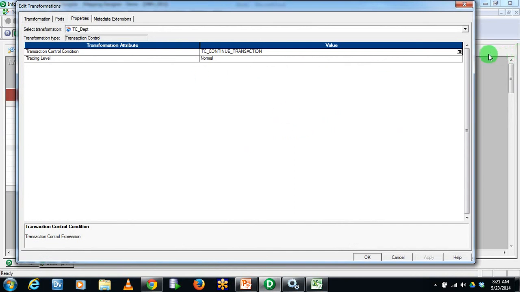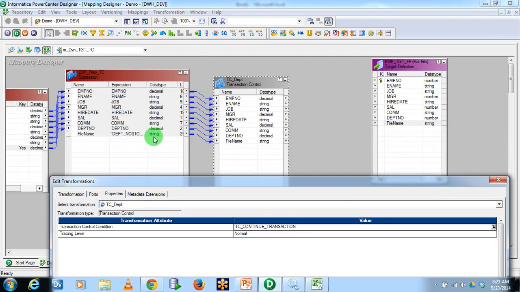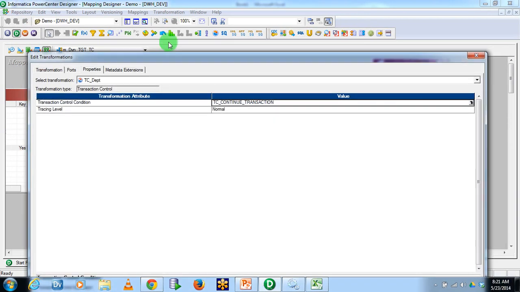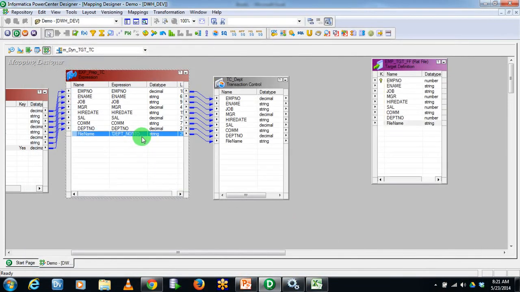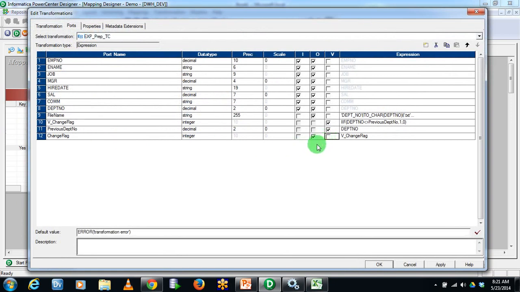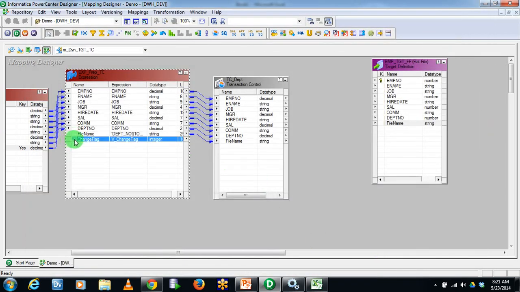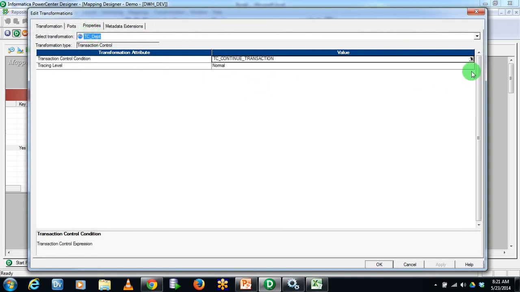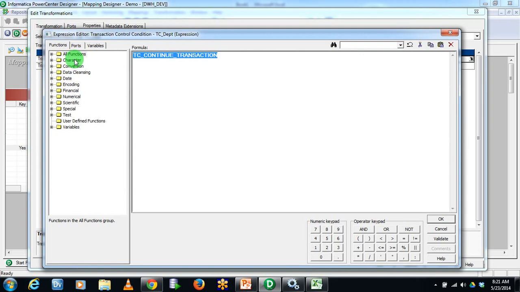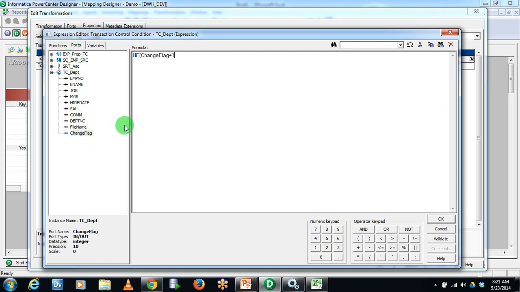Okay, so for this example where we are dynamically splitting the data, now we are getting a change record from your file name, right? So let me say okay to this. This should be an output port because this is what will decide at what point the transaction control should commit so that it will create a file. So I'll just pull it here, open the transaction control, go to the properties directly, transaction control condition, and here we'll write an expression or the if condition to check if the change flag is equal to 1, which means whenever there is a change, then use the